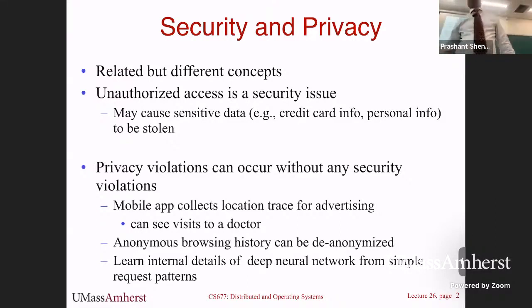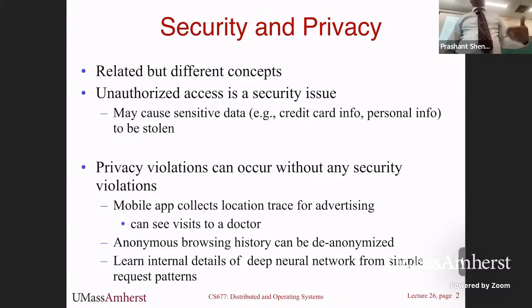Because you showed up at the doctor's office, even though that's an unintentional leak of your private information, because that's not what the application needs, but it figured that out because it has a location tree. Yeah, that's one example. Okay, another example is anytime you browse the web, your browser has cookies, so it's essentially